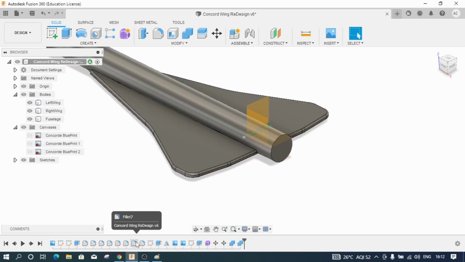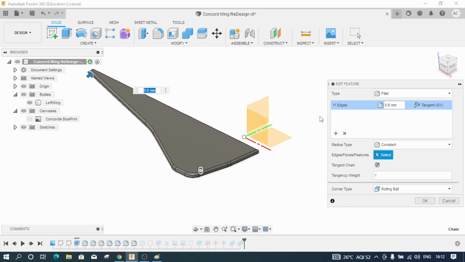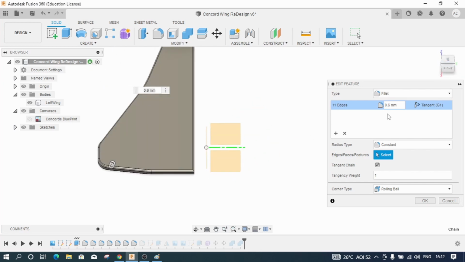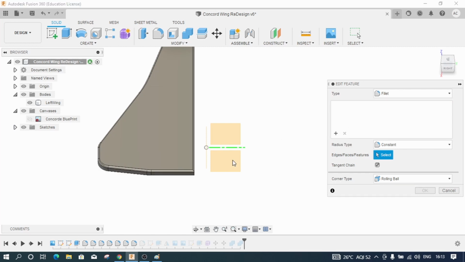So all these fillets are fine. I guess this is the fillet where all the edges have been selected. I will remove the whole selection set and again start selecting them.